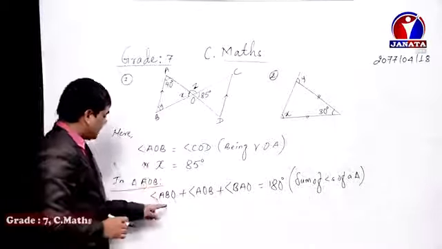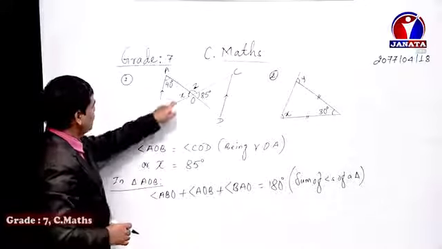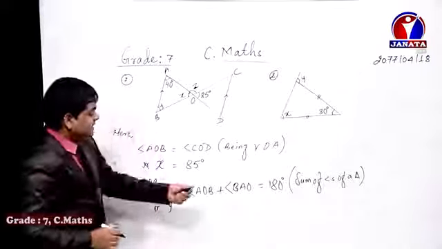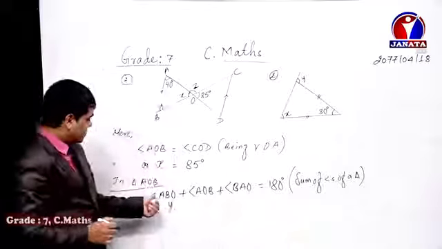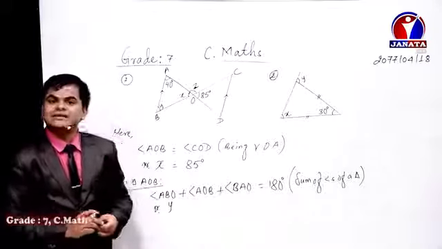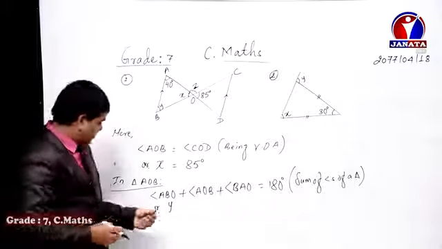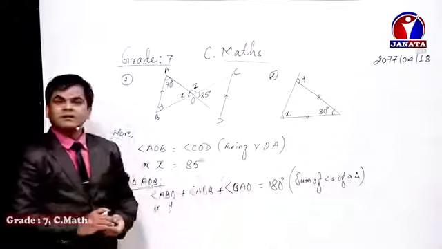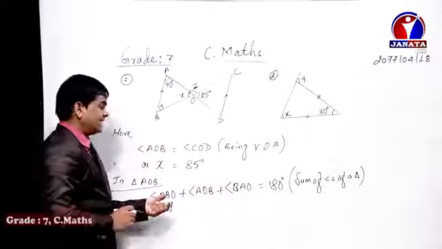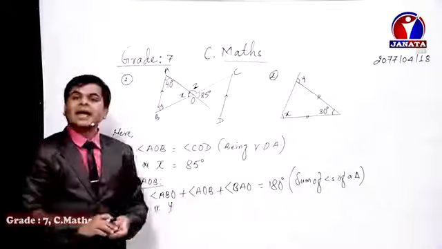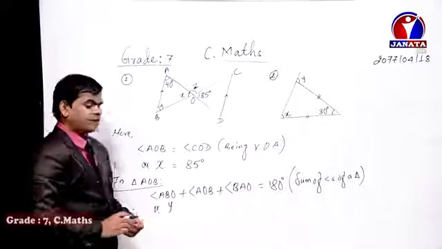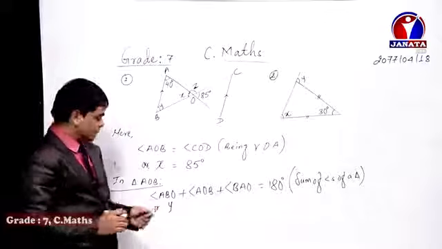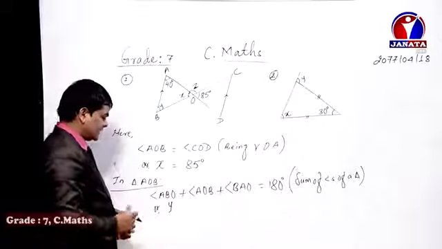Now let's say angle ABO. What do you mean by this? It means Y, isn't it? In the second statement, there is an equal sign in the middle. After writing the first statement, we need to start writing from the OR sign. We need to represent OR because we are using the equal sign in the middle. We should not forget, because this statement became an equation. While solving questions regarding equations, at the very first we need to write OR, then give a comma, and then start writing the other part of the statement.